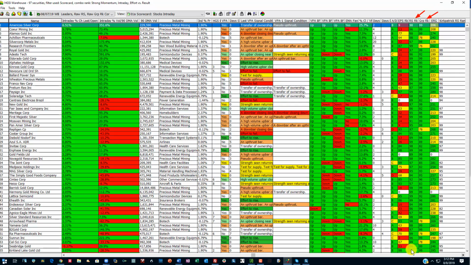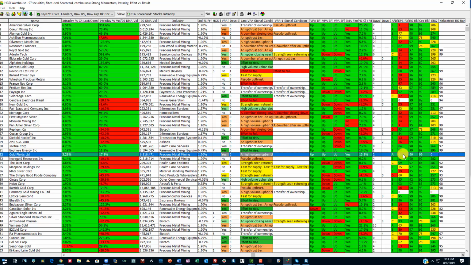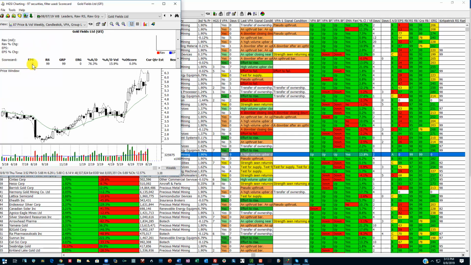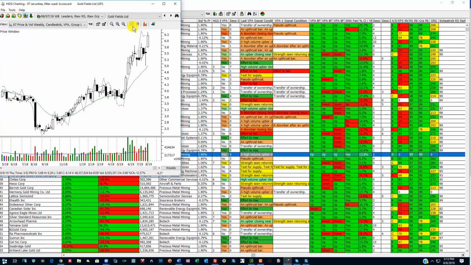Relative strength ranks are all in the high 90s. The group ranks may not quite be that high. Forget about the EPS rank because let's look at Goldfields. Goldfields does not have an EPS rank, but it's got, and I just grabbed this stock,